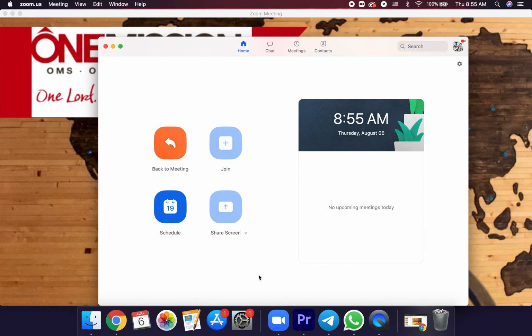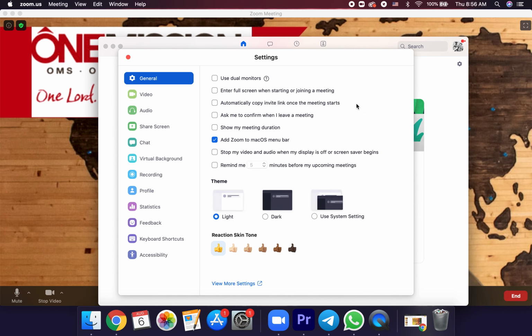To start out, we're going to look at settings that can be adjusted. And the easiest way to get there is to go to this settings icon up in the right corner when you've opened your Zoom application. This settings area will give you an abbreviated version of some of the changes that you can make. These are mostly basic features such as changing the color schemes, asking if you want to confirm to leave a